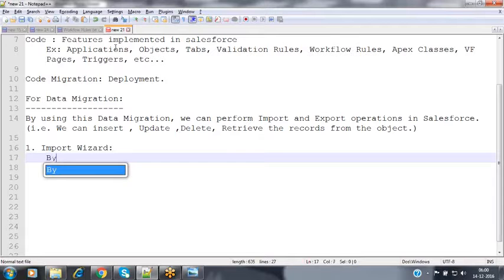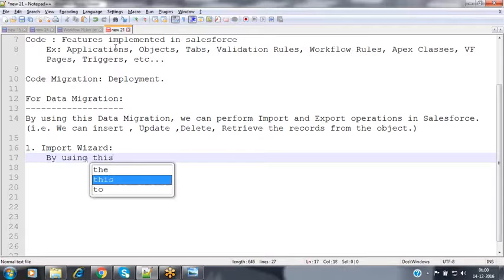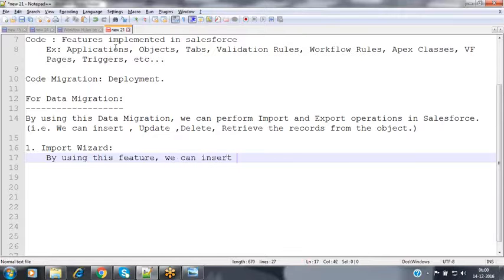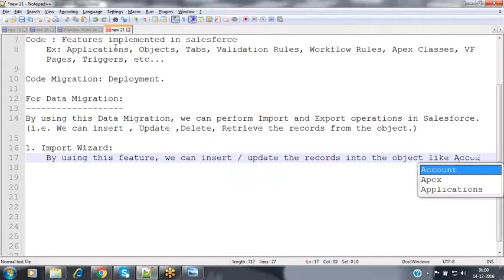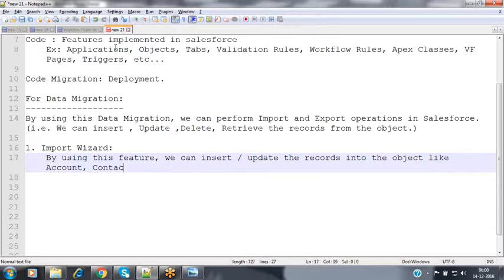By using this feature, we can insert or update the records into objects like account, contact, solutions, campaign member, and all custom objects.